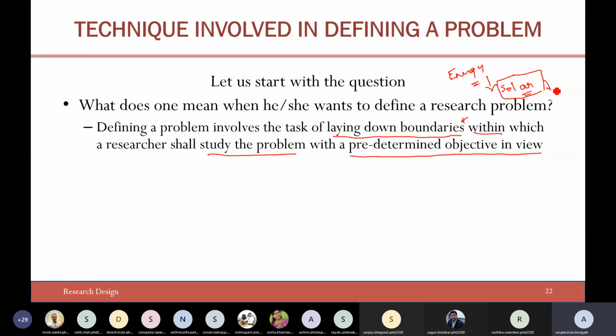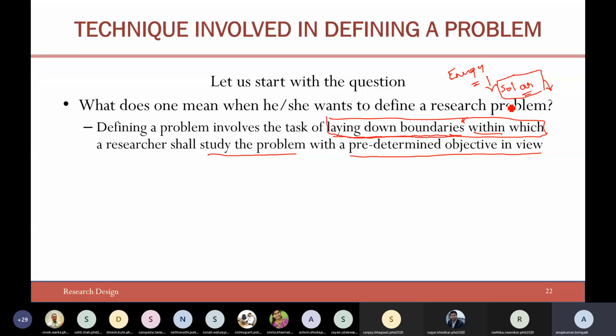And I also clearly mentioned that providing energy through solar panels was not the concern of my research. So I was confident, and it is all because of this particular point: laying down the boundaries within which you are trying to work. You will get many questions when you are carrying out the research, but you should define a particular boundary and you should confine yourself to that boundary.